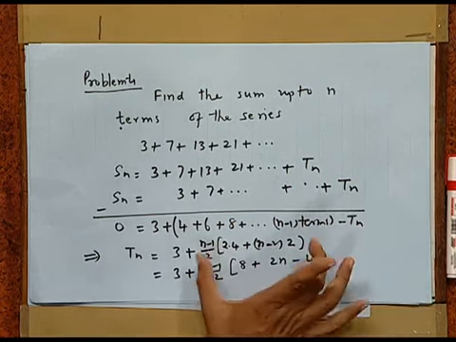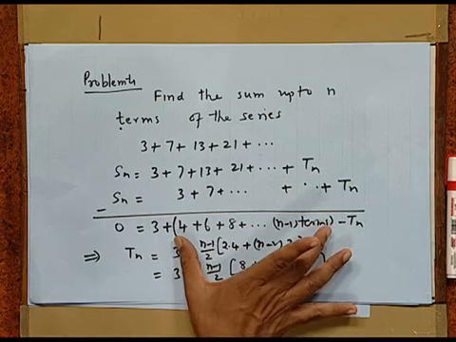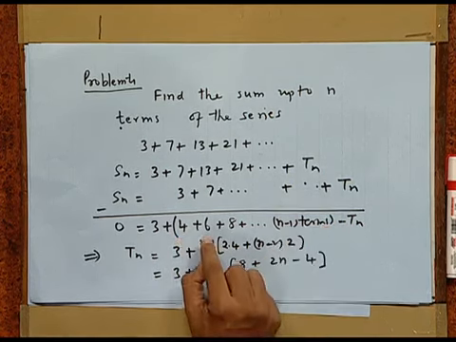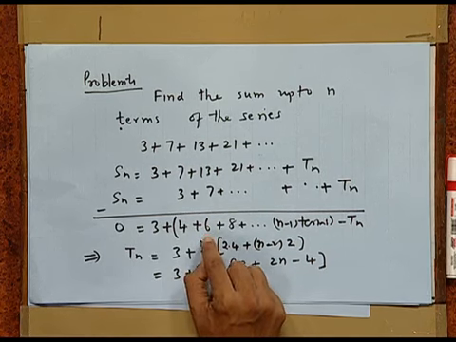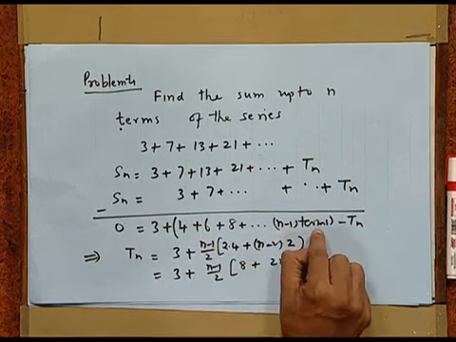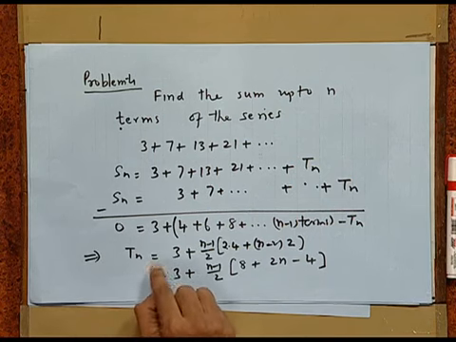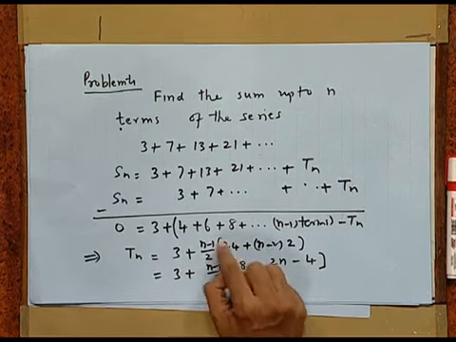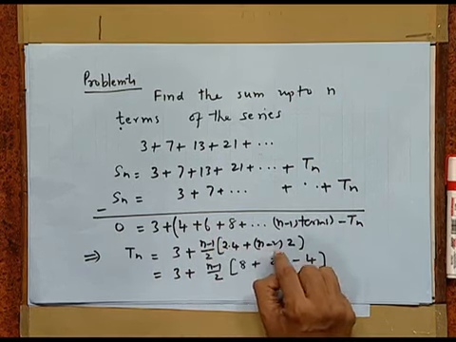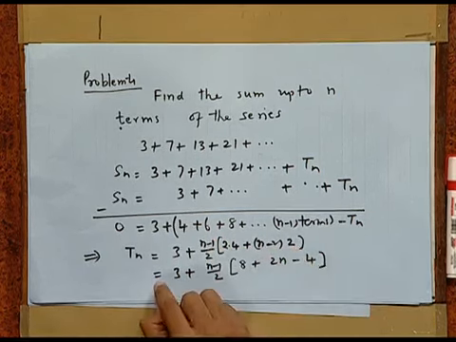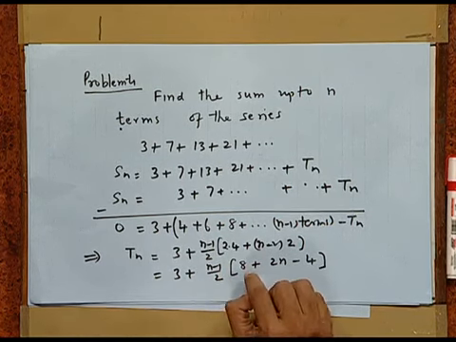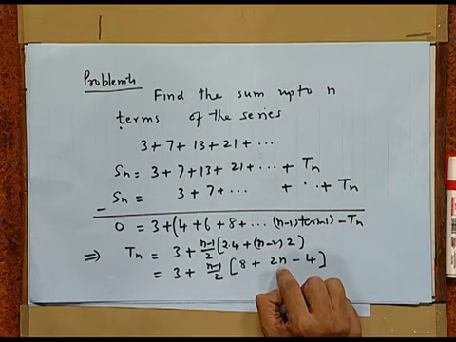Now the terms inside the brackets form an AP starting from 4 with a common difference of 6, and there are n minus 1 terms there. So it becomes Tn is equal to 3 plus (n-1)/2 times [2 times first term plus (n-2) times 2]. This equals 3 plus (n-1)/2 times (8 plus 2n minus 4),